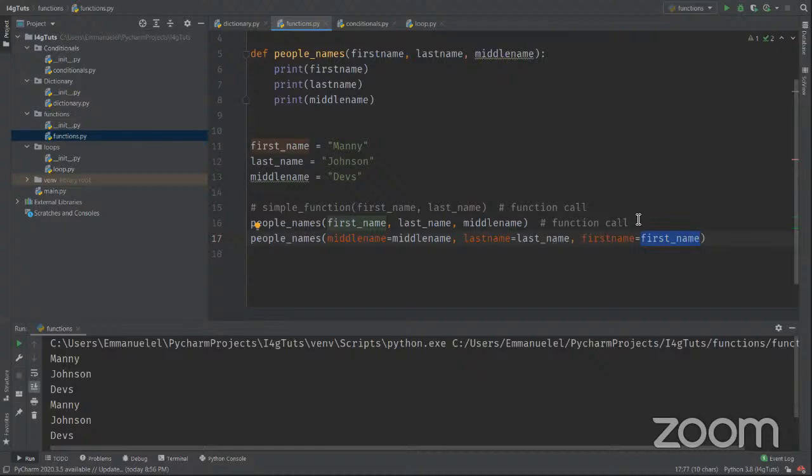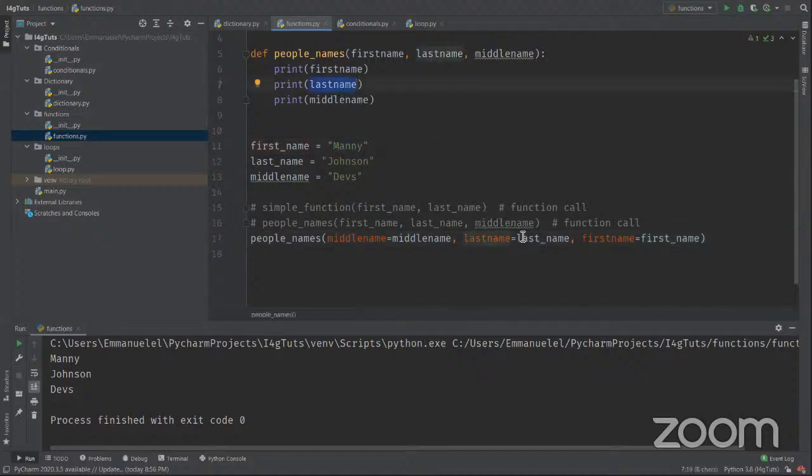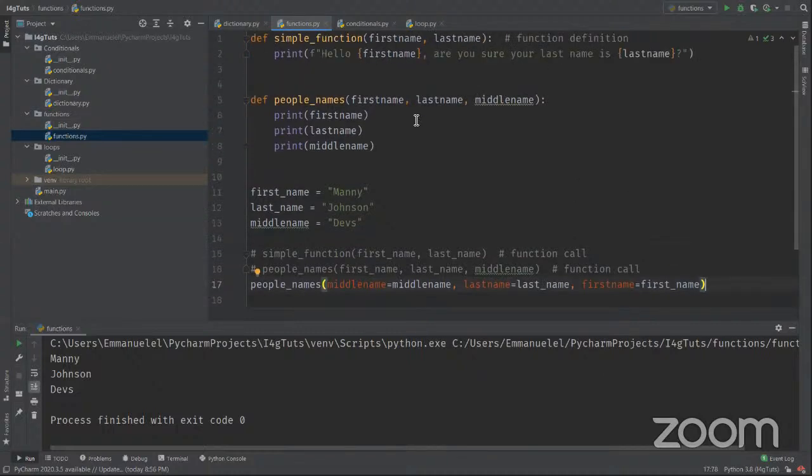Let me clear this out. It's still going to be first name, Manny. You can see first name, Manny, right? Last name, Johnson, then middle name, Debs. Very much important. Now, if we can go a little bit further, let me copy